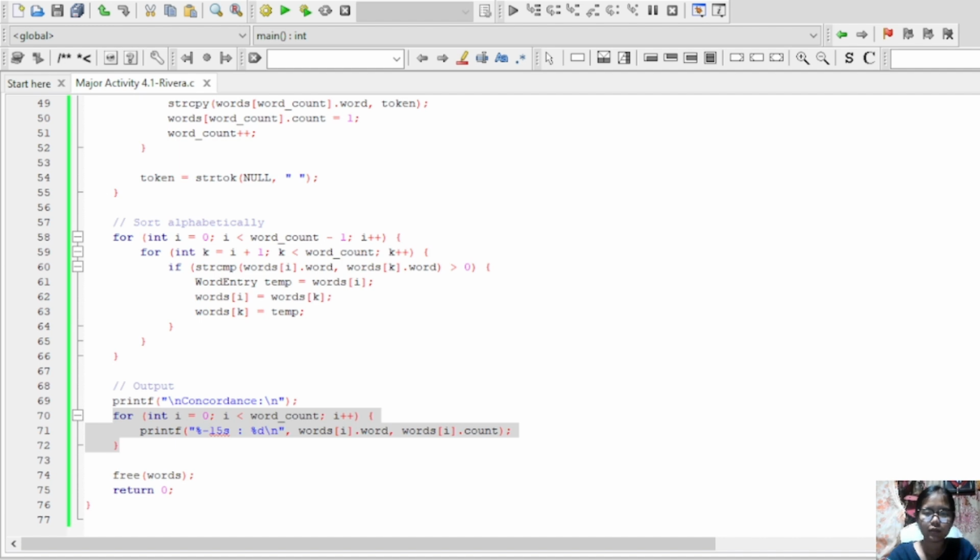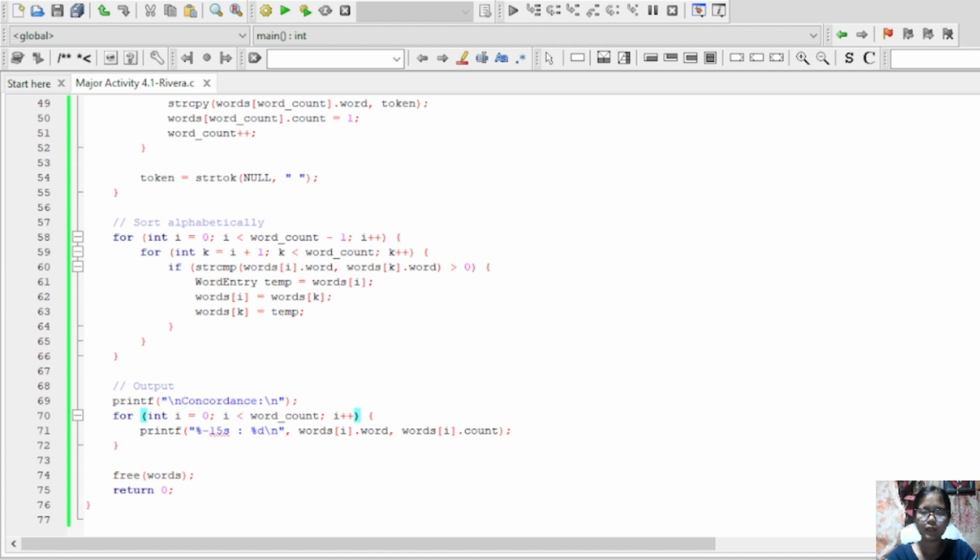We print each word left aligned with their counts. This is where you really see the concordance come to life. And finally, the last line: I free the words. I freed the memory I allocated with realloc.